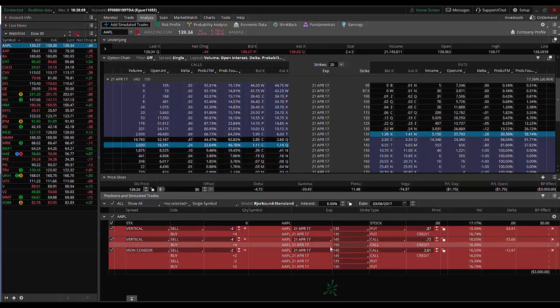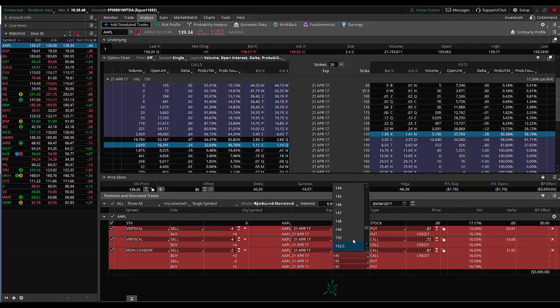If I come over here, I wanted the put to be the 135 130. So I look down here and it's showing that I'm selling the 135 put and buying the 130 put. But when I come up to the call position, I wanted the 145 150, but by default it just gave me the next strike above the 135. So I have to come up here and left click on the 140 and change that to 145, and then left click on the one I'm buying, which is this second 145 now, since I just changed the one above it,